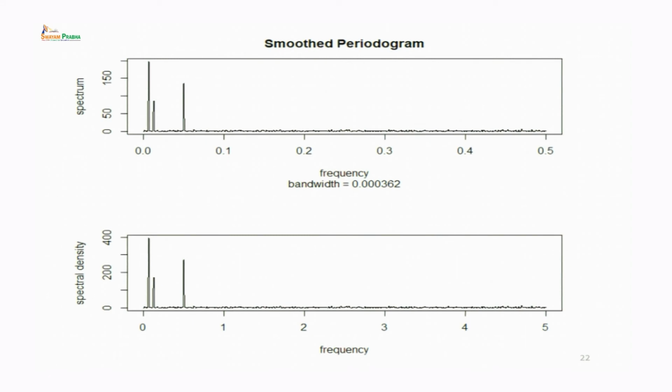Now, this is the spectrum and this is the spectral density function. Both look almost alike and both give the same amount of information. Just for normalization purposes, you can use the spectral density function if you are interested in normalized spectra, otherwise you can use the spectrum. Now, you can easily identify the dominant frequencies. These three frequencies are dominant,